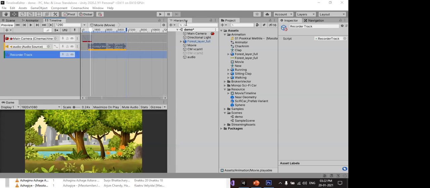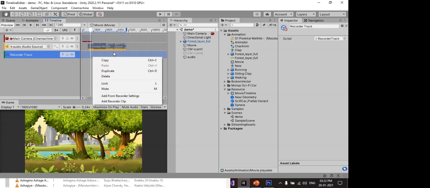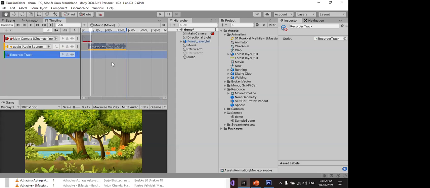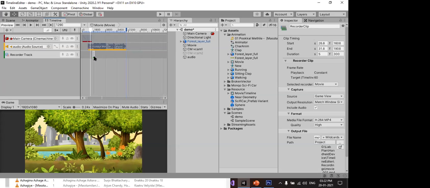Okay. So finally, your recorder track will be there. Here, right click, add from, add recorder clip. Which area you have to record, you have to select that particular area. When I record this one, select this one.